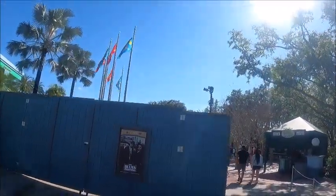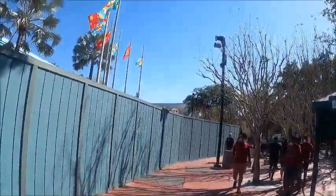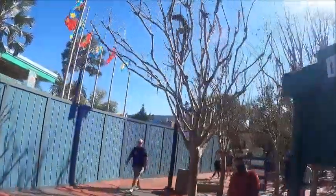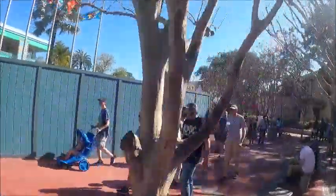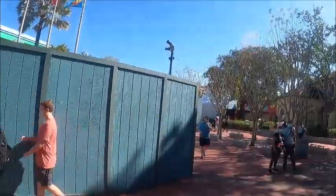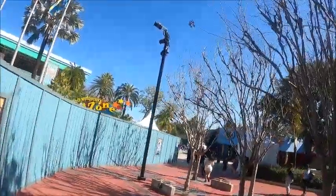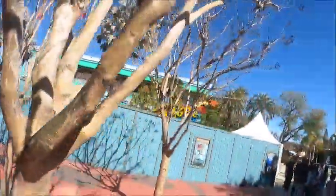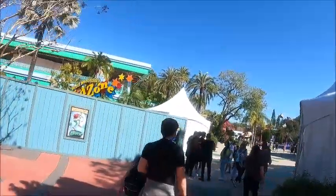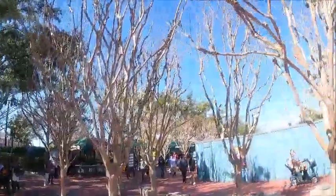But don't know what's going on out here. This is new, and I haven't heard anyone report about this yet. I'm guessing this may have to do something with Mardi Gras? Question mark? I don't know yet. We shall see. But as you can tell, where this wall is kind of forming, this is mainly going around near the area of Woody Woodpecker's Kid Zone. Sign is actually blocked off, so don't know what for this is, but beforehand, this used to be where 2 tents were for places to get some treats and all, and another tent being formed just outside of it. So don't know what for though, on why they have it, but just want to showcase that real quick